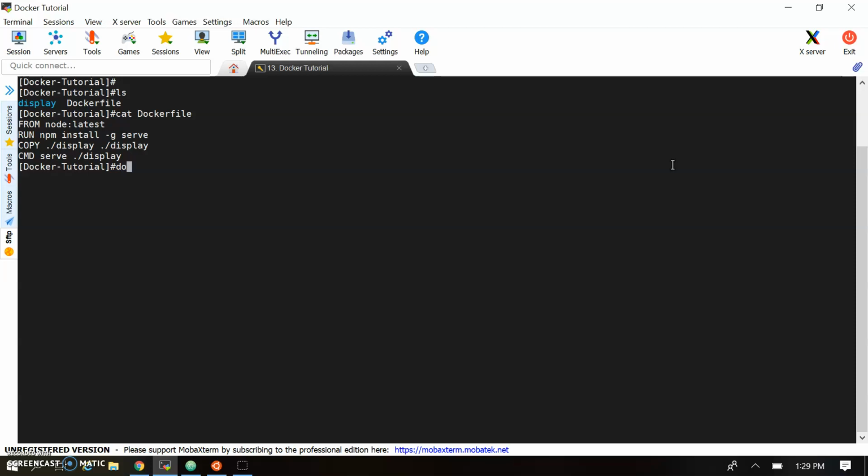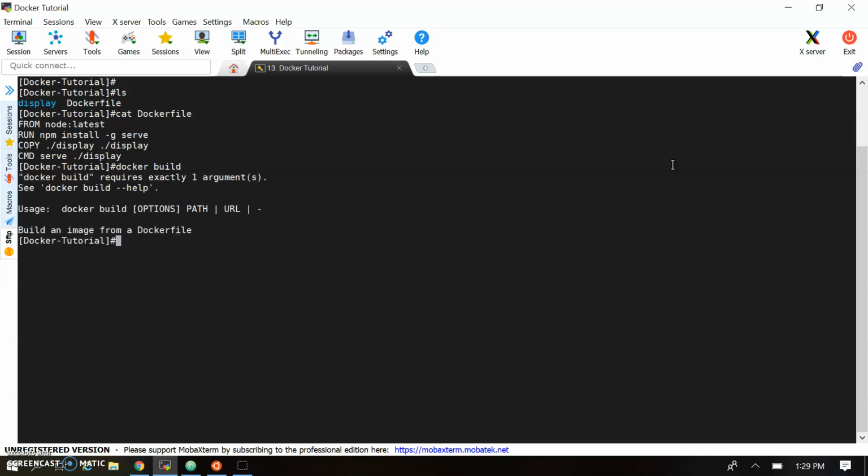So for Docker image creation, use the docker build command, and docker build will ask for the format and the command parameters that we have to pass. So basically we use docker build, the location of the Docker file, and -t is used for tagging this image. So I'm just giving the name EasyAWS server. So this is my image name, and let me run the docker build.